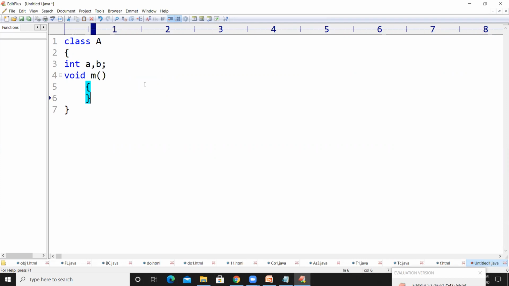This method will print good morning, where the value of a is 10. Let us take only one value inside class A.